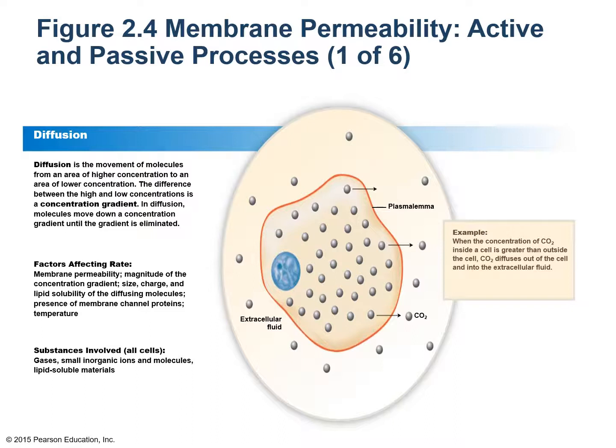So what do you think? Where is the concentration of carbon dioxide higher? Is it inside the cell or outside? It is inside the cell, right? So since there is higher concentration of carbon dioxide inside the cell, carbon dioxide will slowly start diffusing out of the cell. So you can see the direction of the arrow that carbon dioxide is diffusing from ICF to ECF.